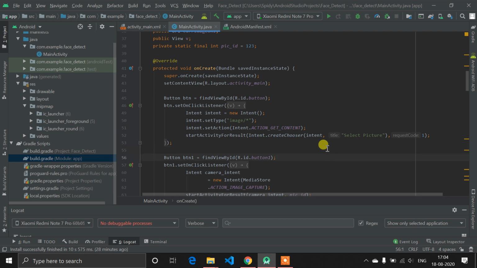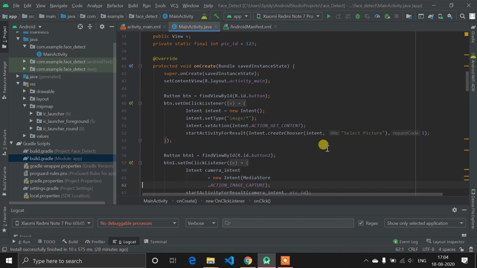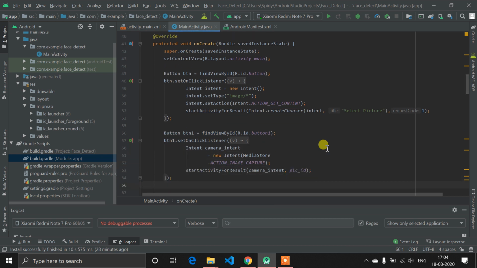Now we are doing the same thing for another button, but with this button we are opening the camera. So the scenario will be the same. You need to do findViewById for button one, then button one dot setOnClickListener, then we need to open the camera.